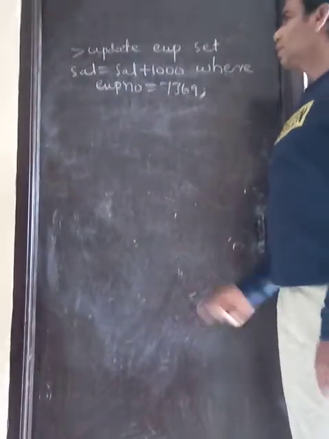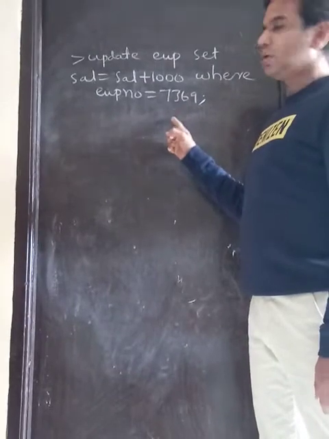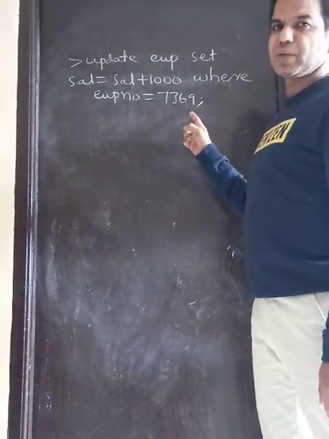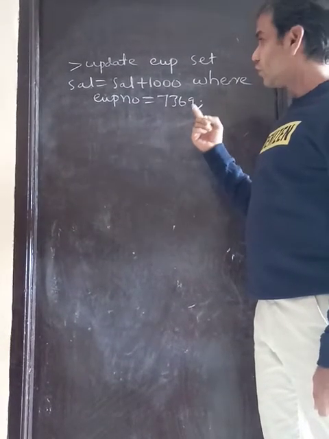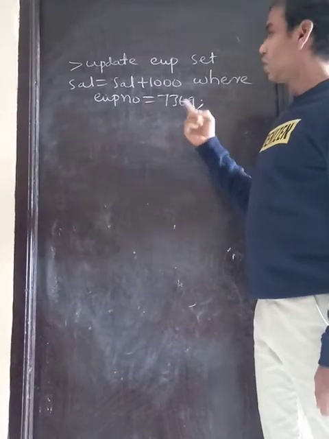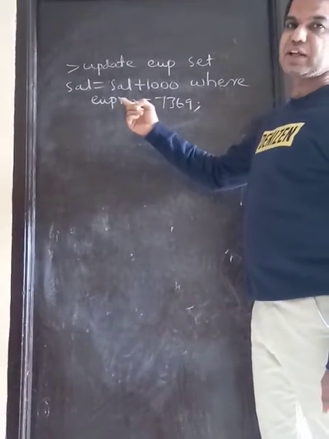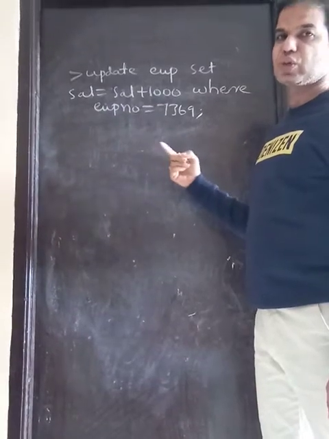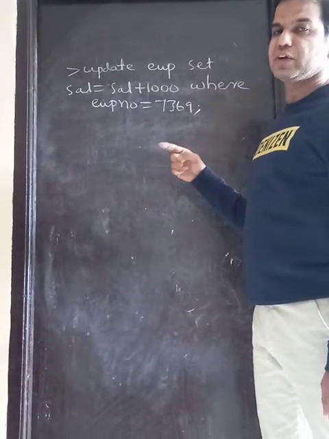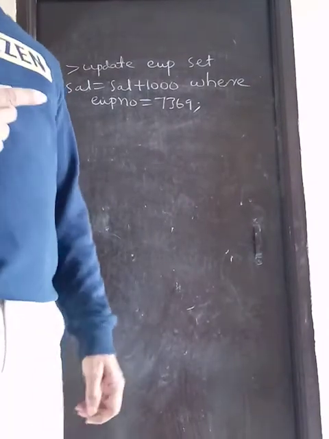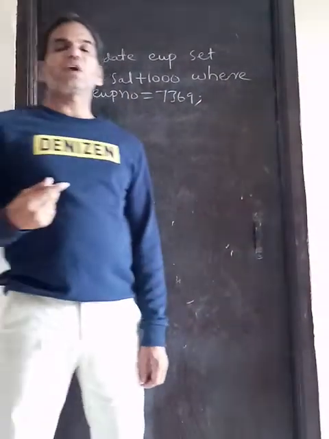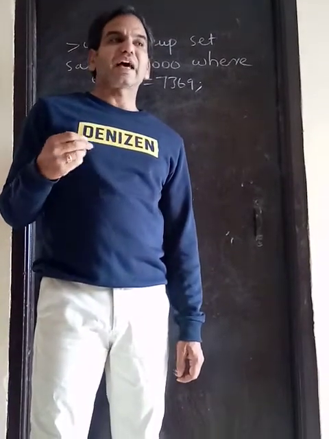Okay, see here, in the employee table 7369 is one of the employee numbers. Whatever the salary is for that employee number, we are adding 1000 rupees to that salary column. If the salary is 2500, 1000 will be added and it will display as 3500. In PL/SQL we can display before updation and after updation also. When it is performed in PL/SQL, the salary in the table will also be updated automatically.